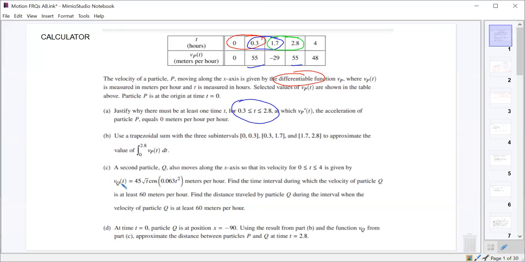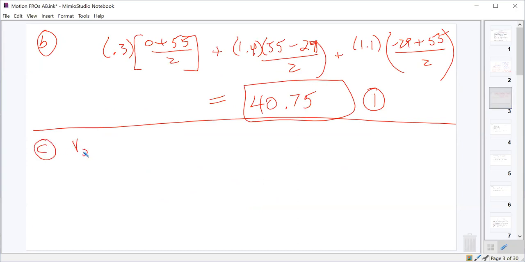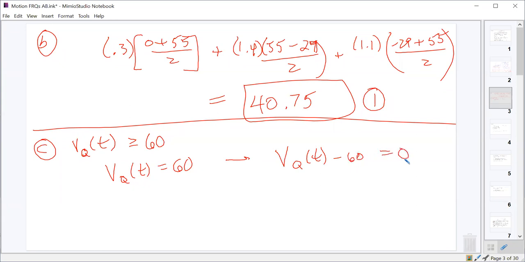All right, so when is velocity greater than or equal to 60? So basically we're looking for when is 45 root t cosine of 0.063 t squared greater than 60. So for part C, we've got v sub q of t, and we want it to be greater than or equal to 60. So we need to figure out at what times v sub q of t is equal to 60, which should be easy enough to do. You can either graph v sub q of t and y equals 60 and look for the intersection points, or you can graph v sub q of t minus 60 and look for the x-intercepts, to see what is equal to 0. And using your graphing calculator, you should get values of